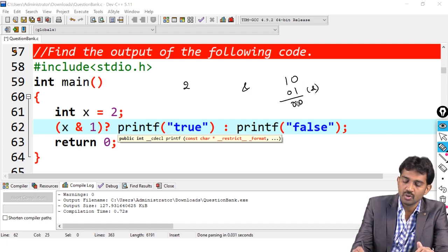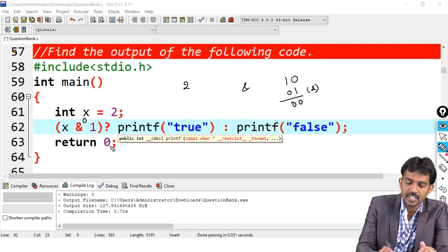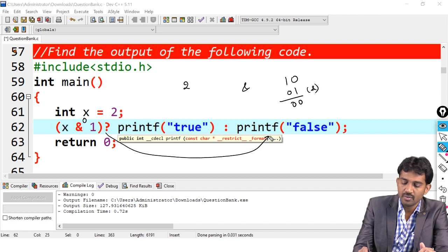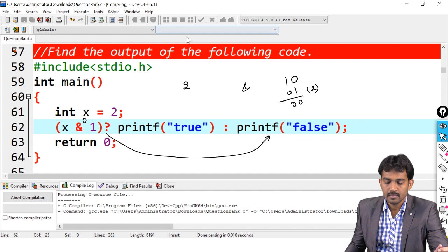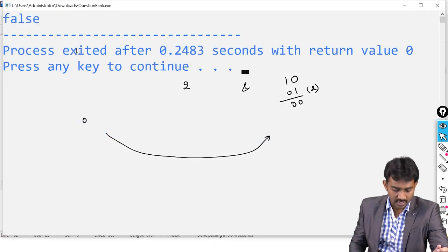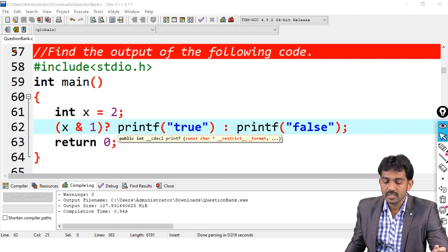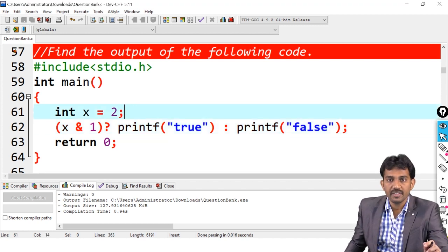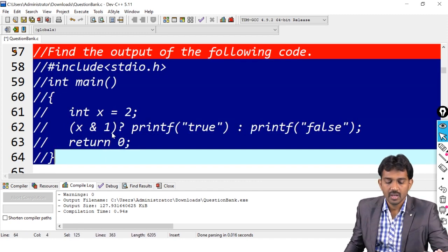So 0 and 0. The value will be 0 here, right? 0 means it's false. False means by default it is going to print the false statement. See, if you run this code, false is the result. Is this clear? Why is it false? If you apply AND operation between the two values, x, 2 and 1, then you will get the value 0. So 0 means its result is false. There is a reason. Right?